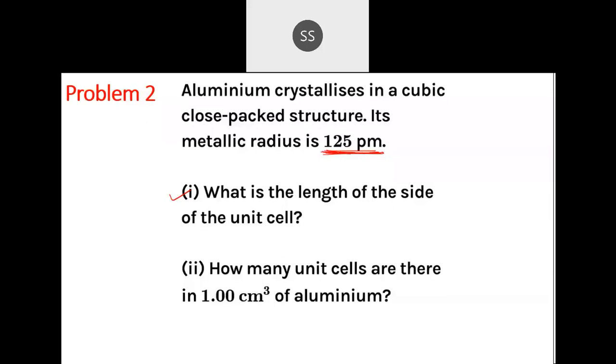The R value is given to you. Now the aluminium which is crystallized is in CCP, and you know CCP is similar to FCC, correct? So what formula are you going to use here? The formula will be the same: A is equal to 2 root 2 R. Only the R value is different. You substitute the R value and find out what A is. That will be your first part, calculating the length. So this part you can do by yourself, and you will tell me the answer for A. The second part I will tell you how to work out.